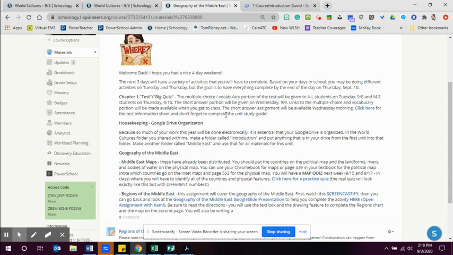Housekeeping, again. I'm telling kids, this year you probably aren't going to have a notebook full of papers, but you are going to have a Google Drive full of stuff. And so I've had them all share a World Cultures folder with me so that they can keep their work in there and I have access and can see what they're doing. But I'm trying to encourage them to find ways to organize that.